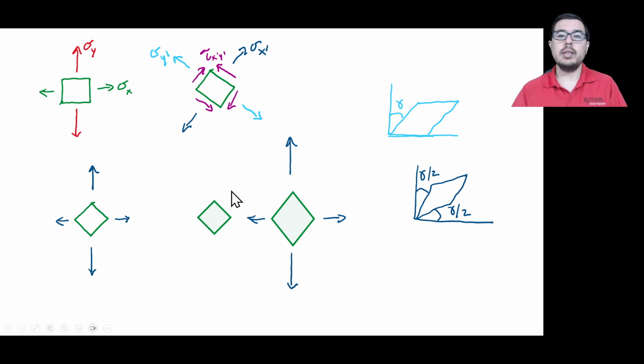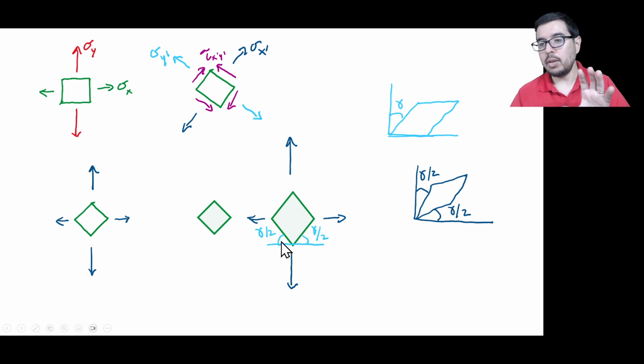Now, we do not necessarily have pure shear because we have some shear stresses, while we also have some normal stresses, sigma x prime and sigma y prime. Nonetheless, we can see what's happening here with these angles, and in fact, this element is shearing, and it's been rotated 45 degrees. Okay, so if we were to look at these angles, we could say, oh, maybe that's gamma over 2 or gamma 2. This is not a perfect one-to-one. If this was pure shear, we could say that we had